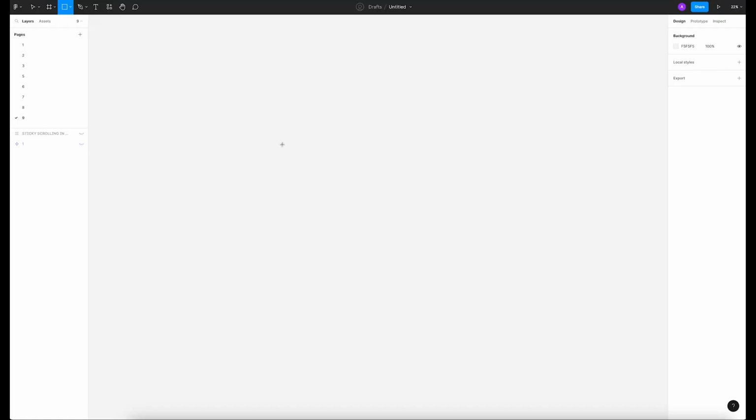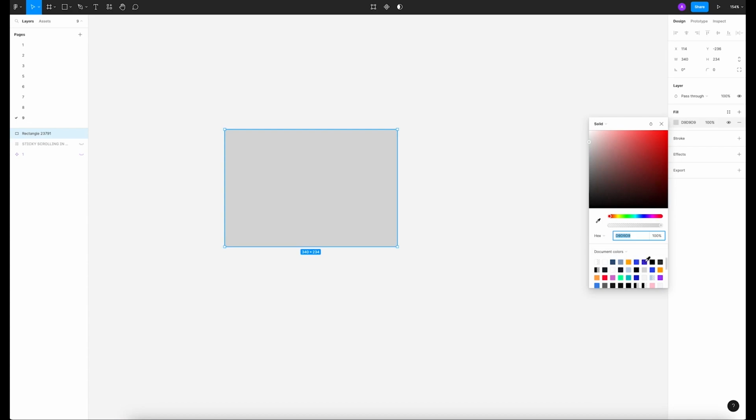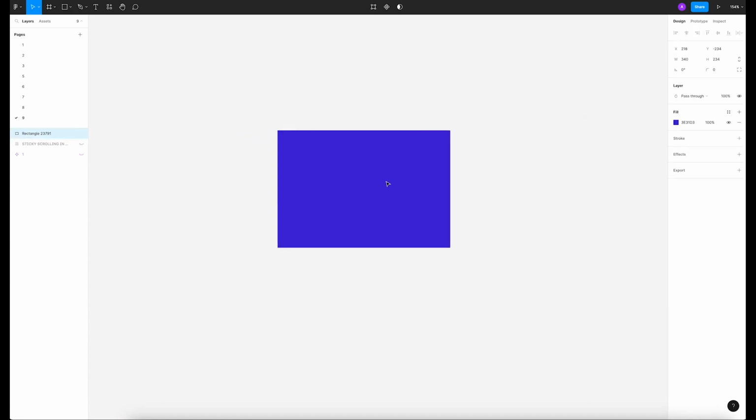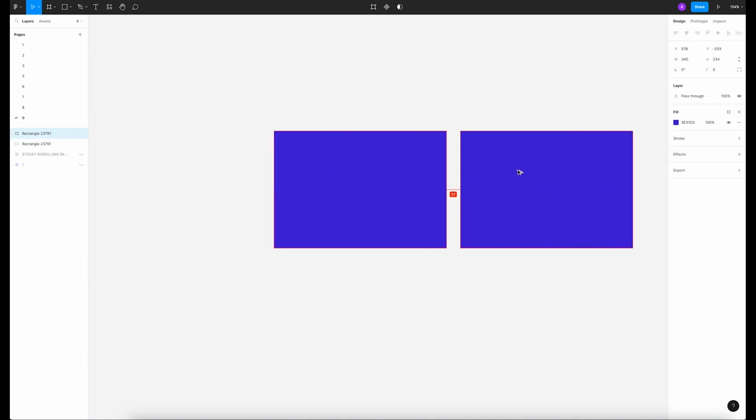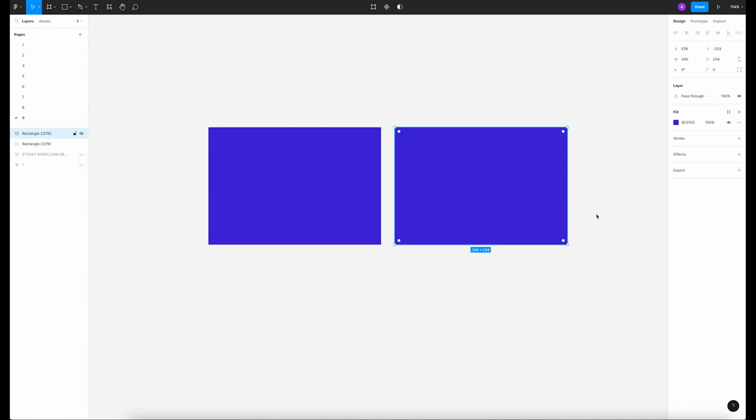Let's select a rectangle. So we're gonna create a rectangle which is gonna be 340 width and 234 height. So this is our rectangle. Let's give it a color. So let's use this solid color. So the color will be 3E31D3. Alright, let's duplicate this shape and let's run Unsplash plugin,